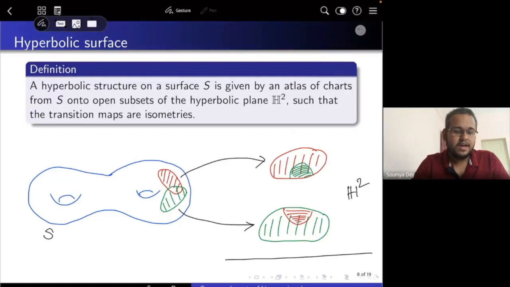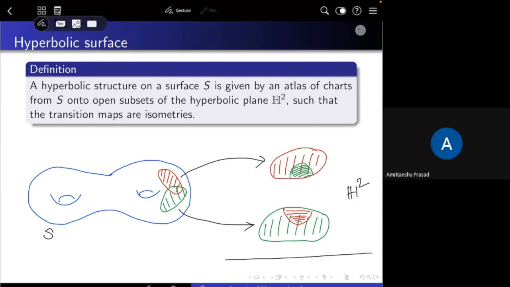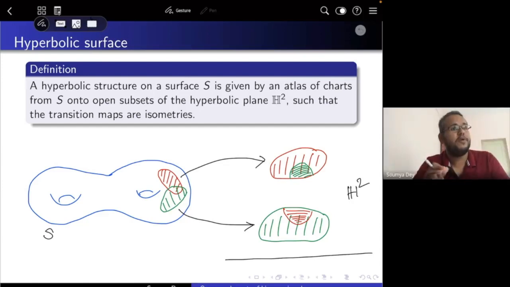Great. So now I'll be defining what is called a hyperbolic surface. For genus 2, so till now, you're saying that